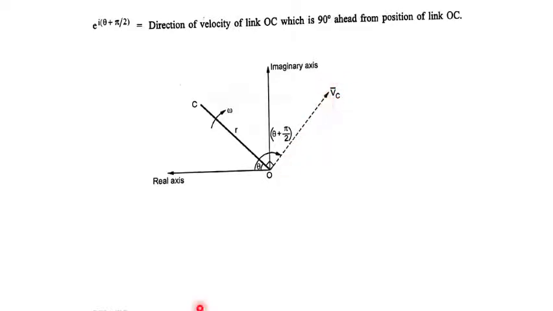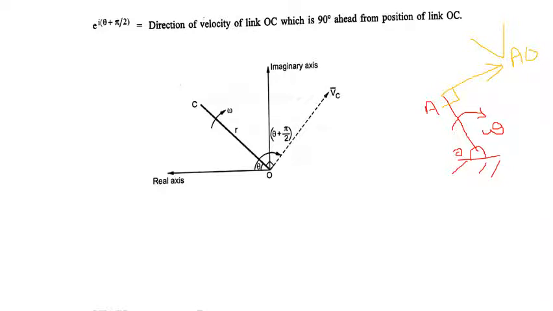And this is the direction. And this is the same as the graphical method. So in the graphical method also we have considered the same thing, right? Suppose this is the link, and it is rotating in clockwise direction with angular velocity omega. If this is A and this is O, its velocity is tangent to it, correct? It acts 90 degrees to it, velocity of A with respect to O. So the same thing is there in the complex algebra method also.